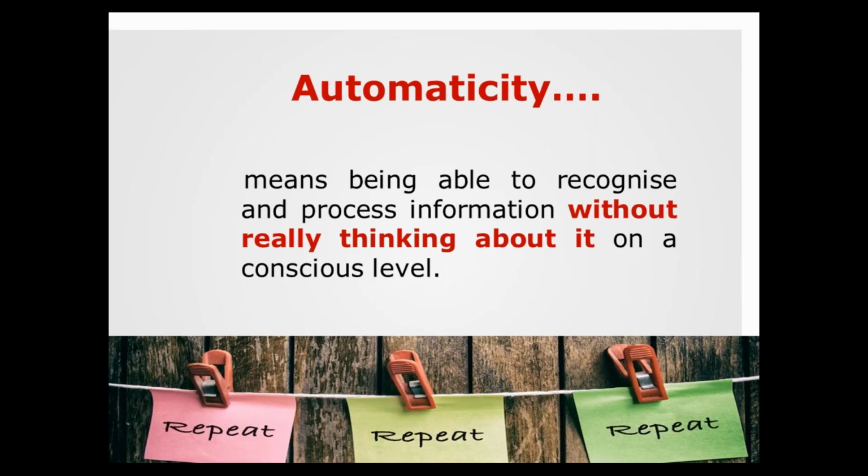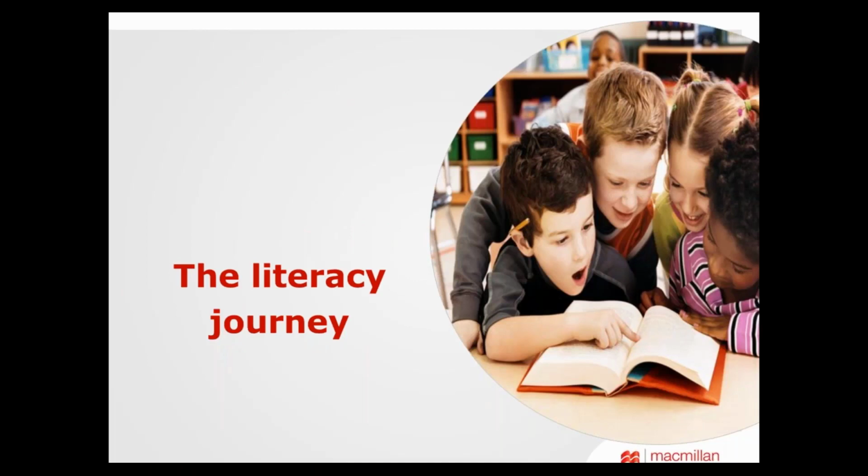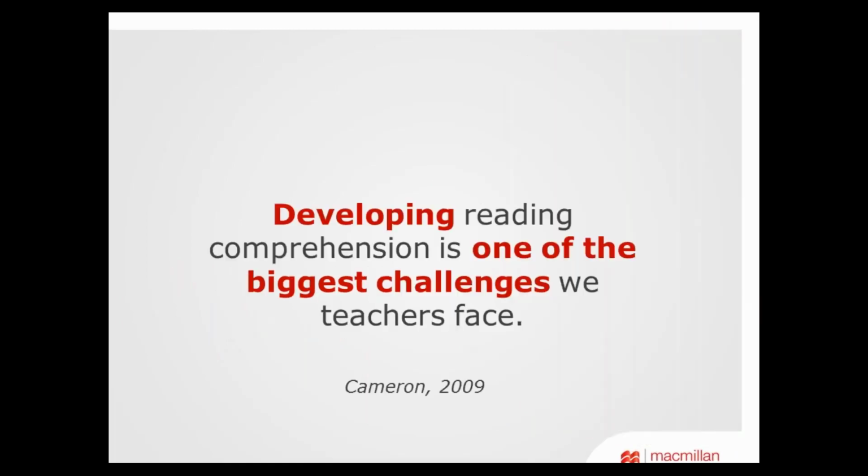So how did we get so automatic in this reading and so fluent in reading? So there's a whole structure. If you look at reading, where would we start with our students? I'm going to take you through a little bit of that literacy journey. Now, one thing I do need to mention is that reading comprehension is not easy to develop for us as teachers in our learners. Even in an English classroom where all my learners are native speakers,